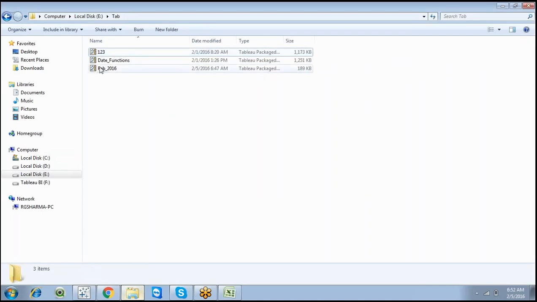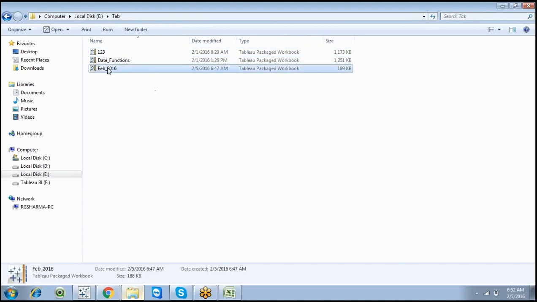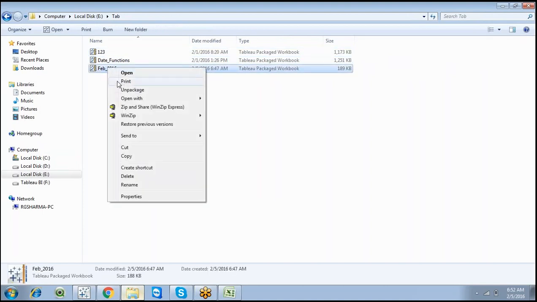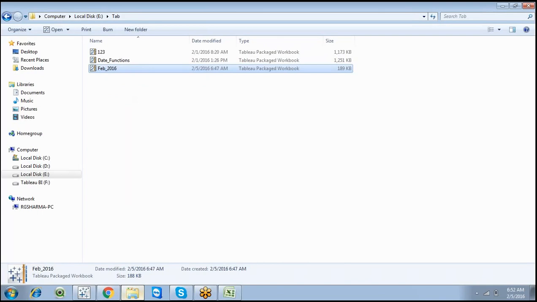So now you can see I do have a February related workbook here. It's a package workbook. Now right click on the package workbook and you can click on unpackage.